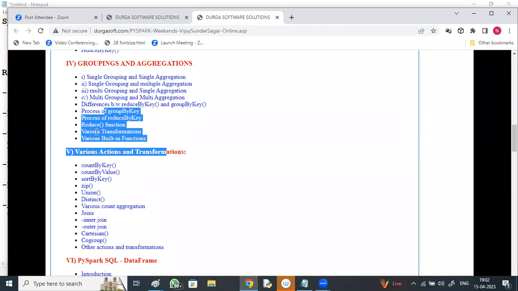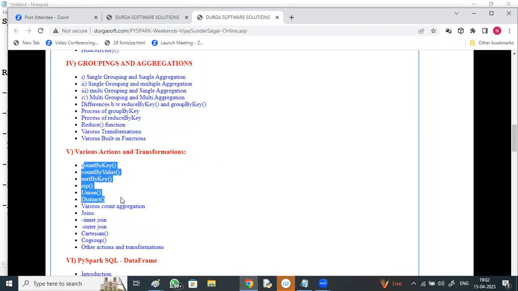Various transformations, built-in functions, and actions. One by one, we'll be discussing each action and transformation in brief with many working examples: count by value, count by key, sort by key, zip, union, distinct,